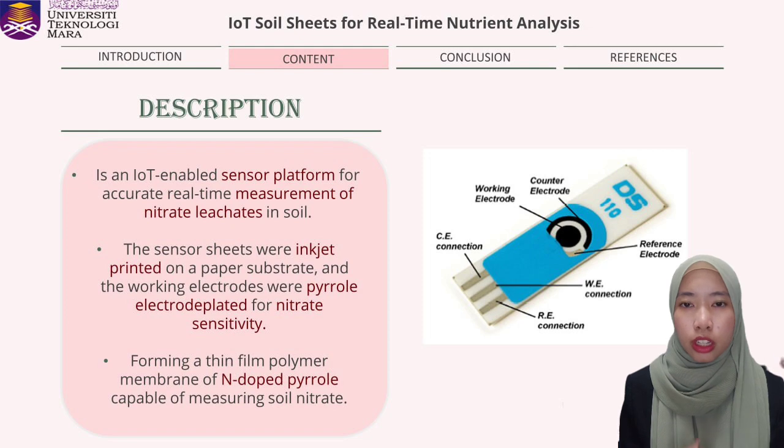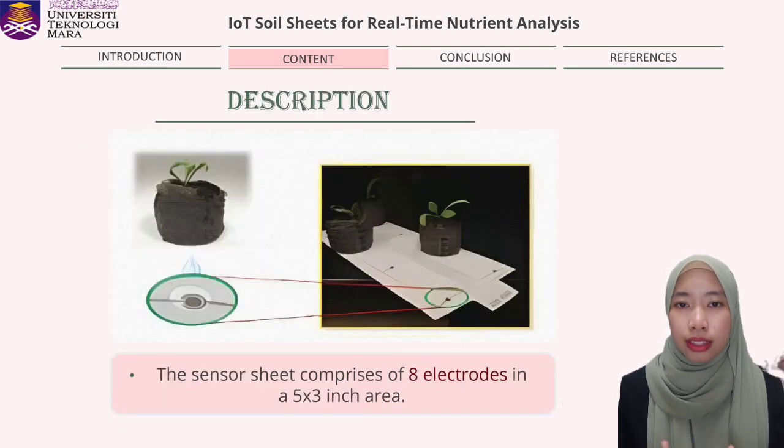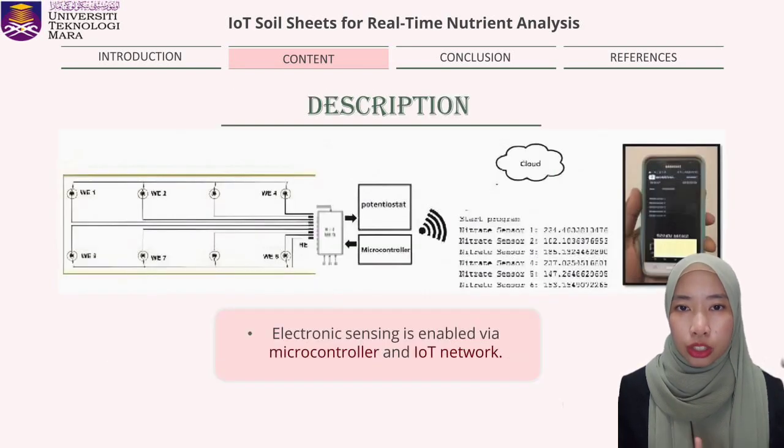Next, description. So, what is IoT soil sheet for real-time nutrient analysis? It is an IoT-enabled sensor platform for accurate real-time measurement of nitrate leachates in soil. It has sensor sheets that were inkjet printed on a paper substrate, and the working electrodes were pyral electrode plated for nitrate sensitivity. The sensor sheet consists of 8 electrodes in a 5x3-inch area, while electronic sensing is enabled via